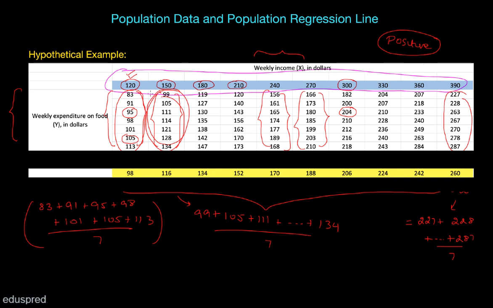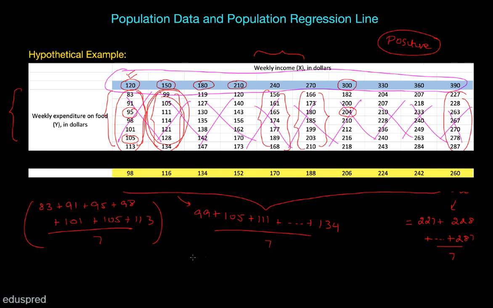So instead of working with all this data that we see over here, that is the data for the households separately, I can just focus on this blue line and the yellow line, and that would be much more convenient for the quantification process. Okay, so this is the first thing that you always have to keep in mind, that whenever we are going to talk about the quantification of the relationship between two variables, we are going to talk about the relationship on an average basis. So we are trying to understand that if your weekly income increases, then on an average, how does the weekly expenditure on food change? Okay, so that's the first learning that we have got from here, that we will always talk about the average changes in the y variable.